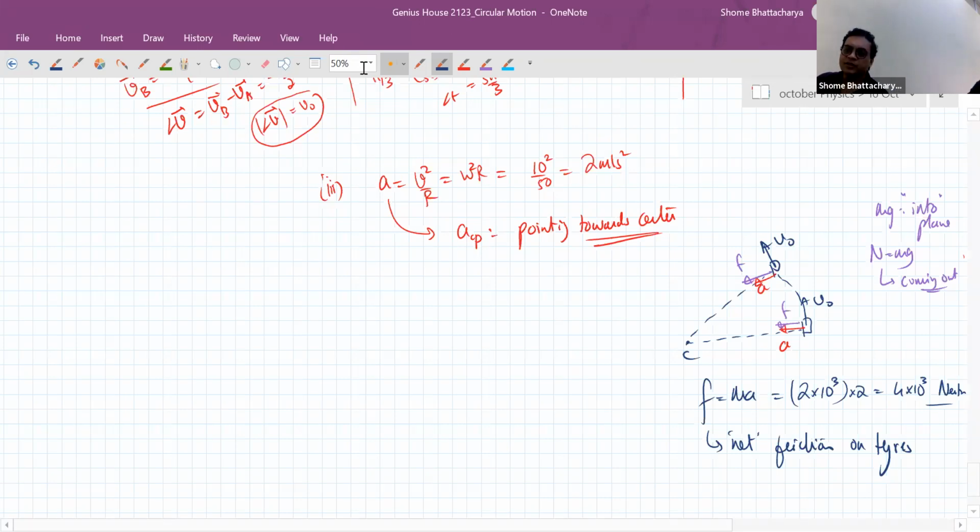So that is why you have that intuitive feel also that the faster you're going, the more friction you require. If you keep increasing your speed, at some stage you'll slip. Or if you go too fast on that turn, you'll slip. You have to adjust your speed according to the friction level.